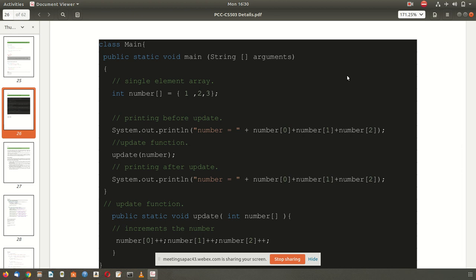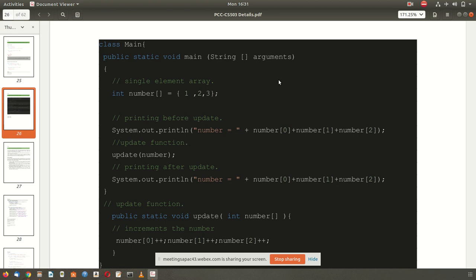The system itself, the Java engine itself, decides whether to pass by value or pass by reference. When you pass a basic data type, integer, character, float, it gives only the value to the function by default. And when you pass a derived data type, that is array, string, class, interface, then by default Java does pass by reference.